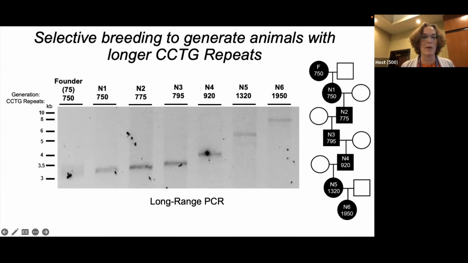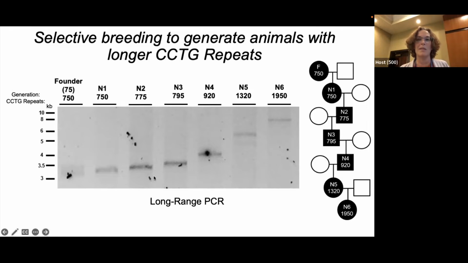from knowing about the mouse models of myotonic dystrophy, it seems really important to get the longest possible repeat that you can. So we started to do this selective breeding strategy to generate animals with longer repeats. So the progeny that had a little bit longer repeats, then they were bred to generate animals with longer and longer repeats. And now by N6, we're up to 1,950 repeats. So we're really excited about that, because most of the characterization that I'm going to talk about is